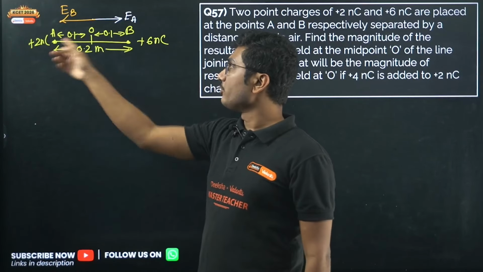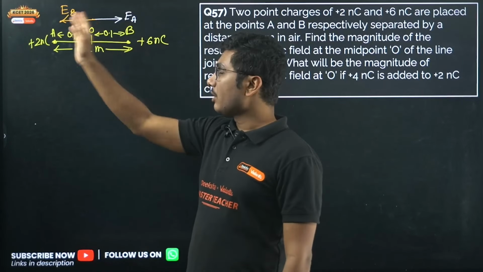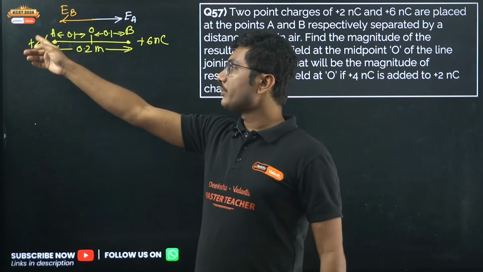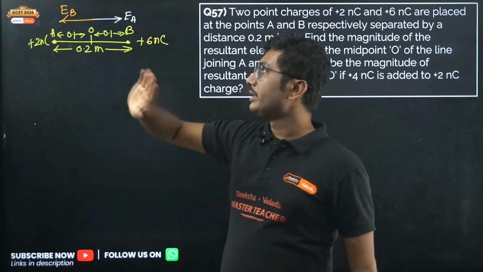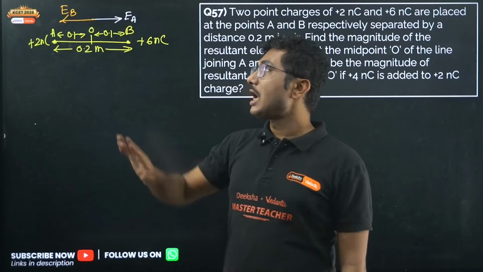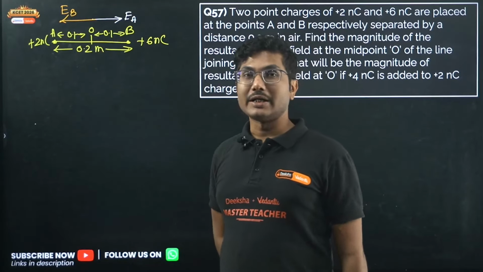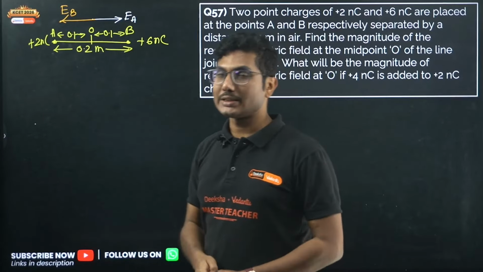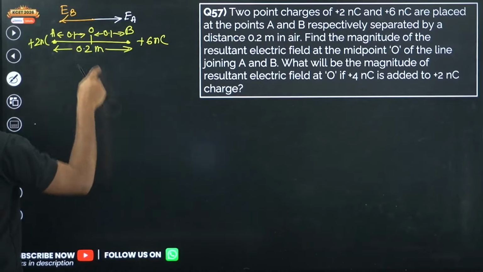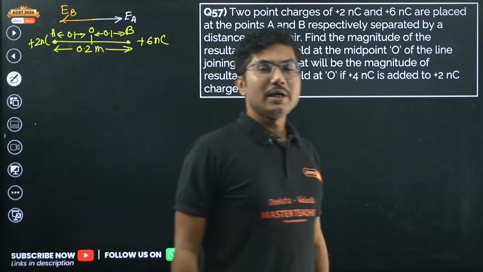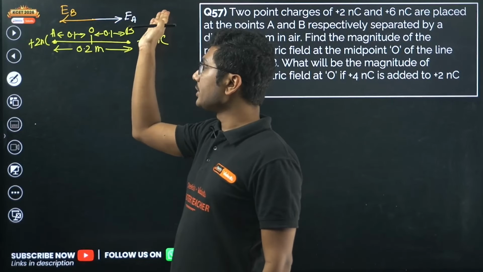Suppose one of them is positive and one is negative, then both of them will be in the same direction. So don't assume that all the charges will always be positive. One can be negative, one can be positive. So always remember, when calculating the electric field, this type of diagram is very essential. Once you have drawn the diagram, make sure you also mark the direction of the electric fields. It will help you understand what EB and EA are, and how to add or subtract them. If they are in the same direction, you add them. If they are in the opposite direction, you subtract them. Remember, the electric field is always directed away from a positive charge.